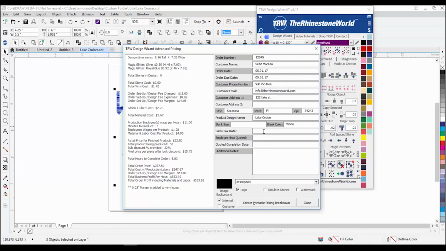Sales tax rate. Now, ours here is 6.5%. So trust me, I've done this. Sometimes you'll do this fast and you'll do 0.65. So when I cut the